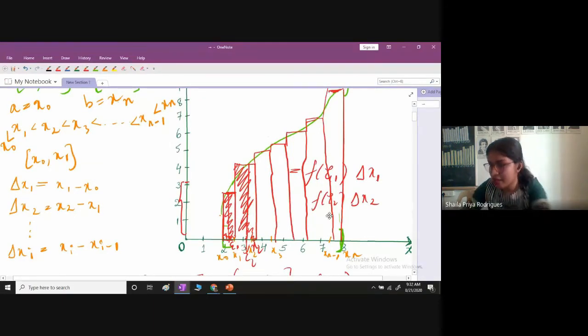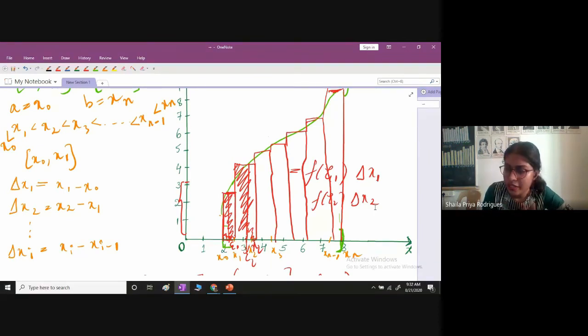What we can do next, to get a better approximation, is shorten the length of these subintervals. Make the rectangles as thin as possible, as thin as lines. Try and make the length of all these intervals as small as possible, tending to 0, such that when you then draw the rectangles, you're going to get rid of these gaps in between. You see these gaps here?